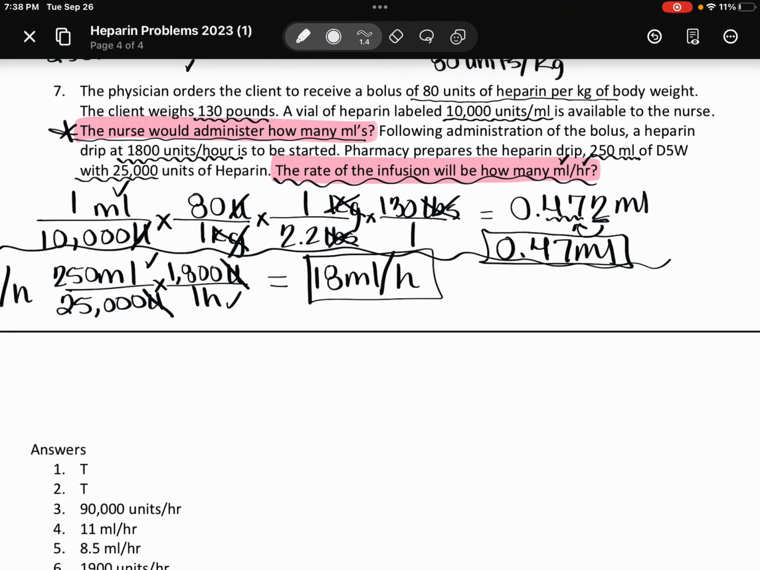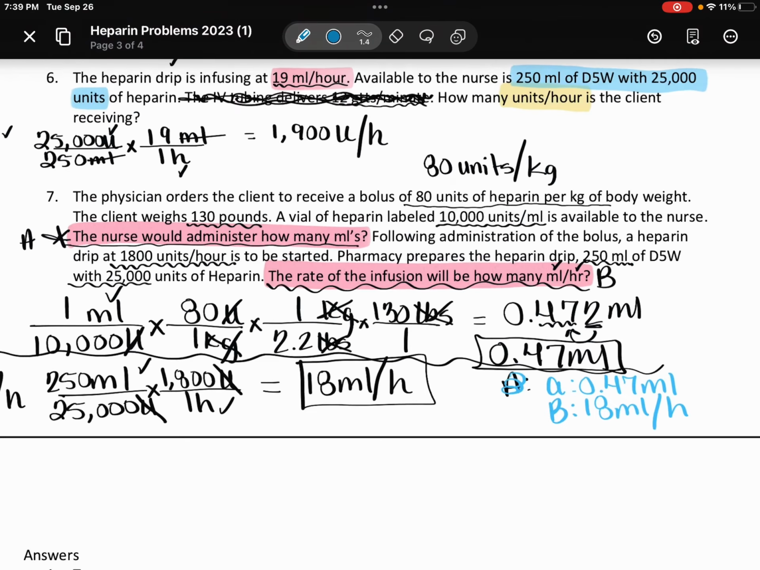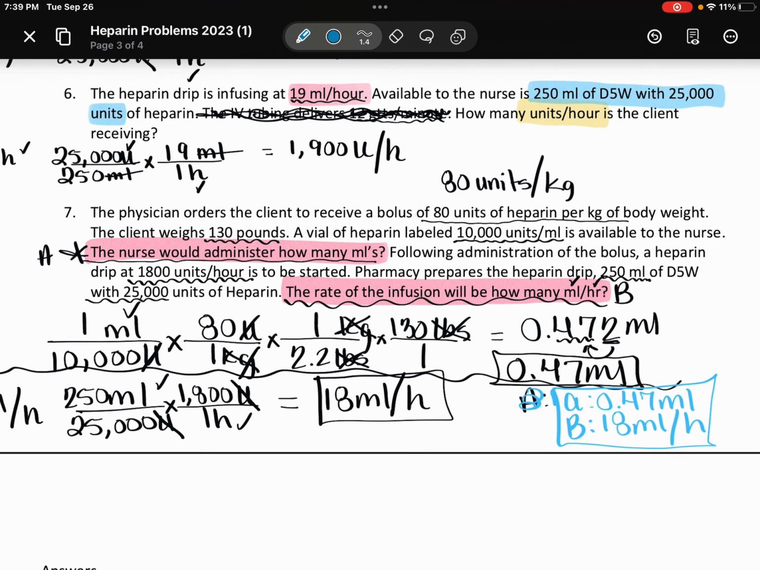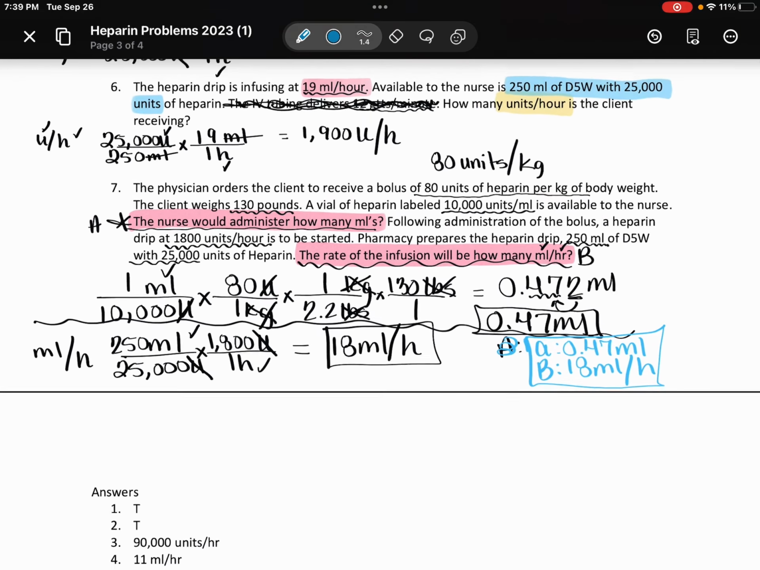So this is pretty much like a 2-answer question. So my first answer, we're just going to call this one problem A. We're going to call this one problem B. So for A, 0.47 milliliters. For problem B, it is 18 milliliters per hour. Yep. And that is how you get that one. That one's a little bit more tricky. If anybody needs me to kind of break that one down a little bit more, just message me on Teams